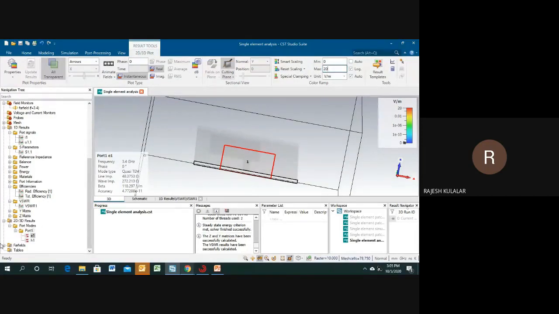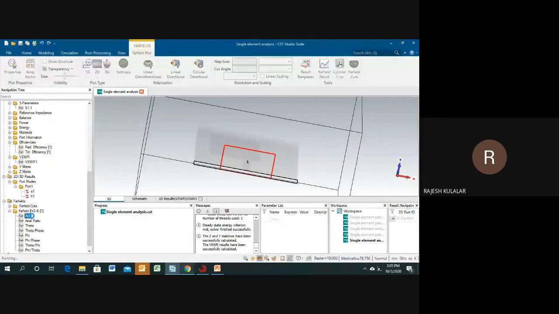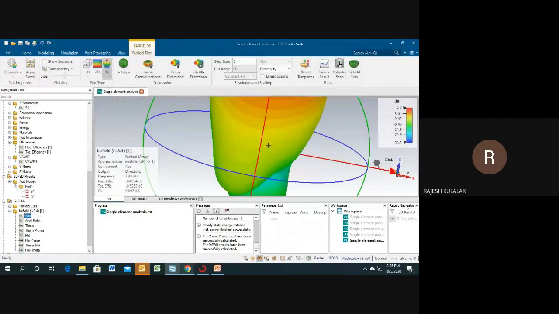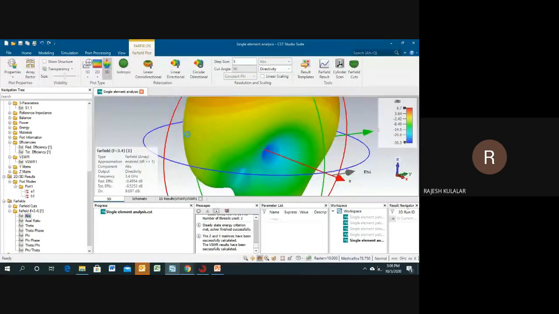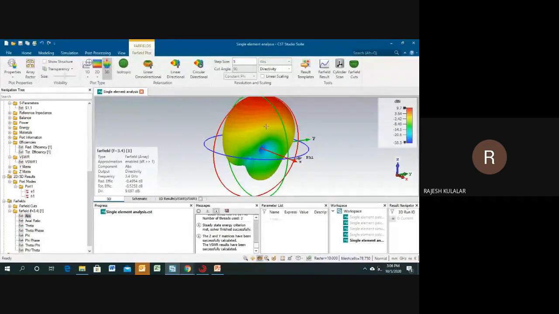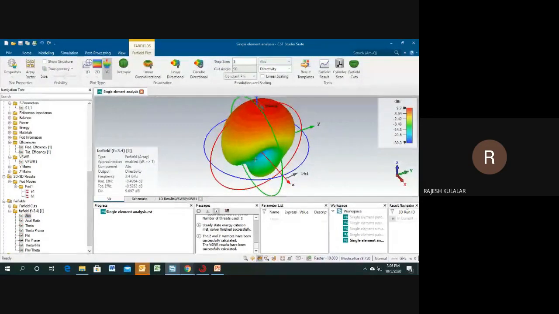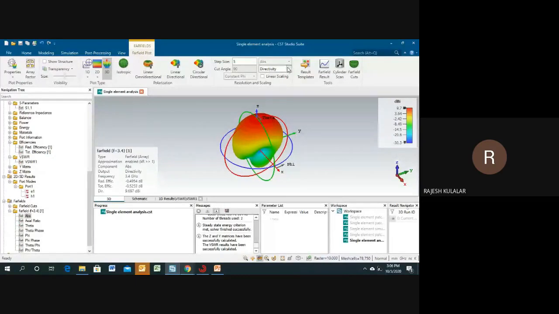If you want to check your far field parameters, select the far field at 3.4 gigahertz, and now you can see this antenna is radiating in broadband. You can select your far field parameter, like directivity, gain, realized gain, or field pattern.